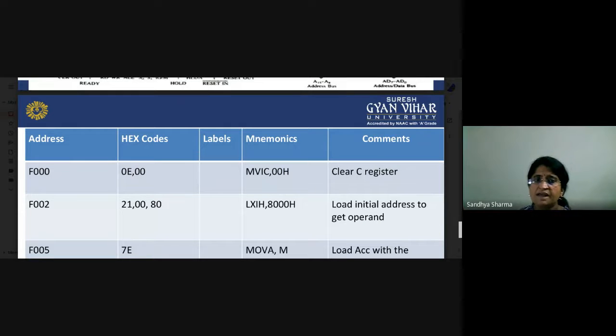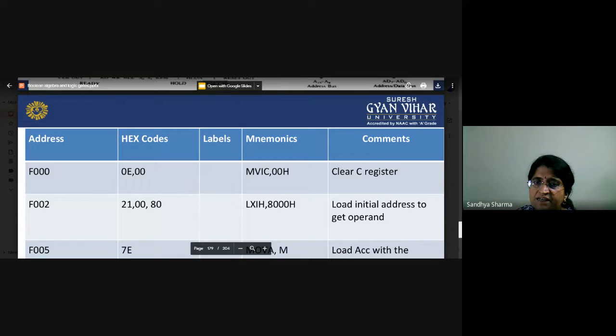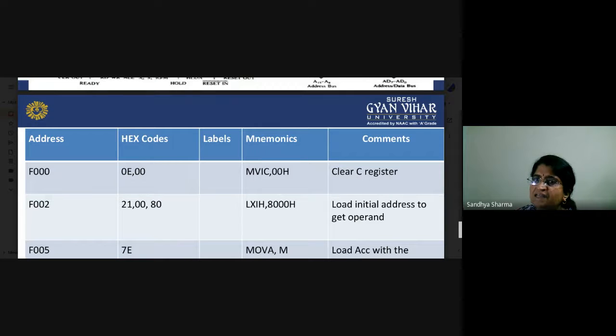Okay, and now what will happen: this data you have to move to the register C, meaning C will be cleared because you are inserting 00. 00H means this is the 4-bit data and this is the 4-bit data, and both together make the 8-bit data.